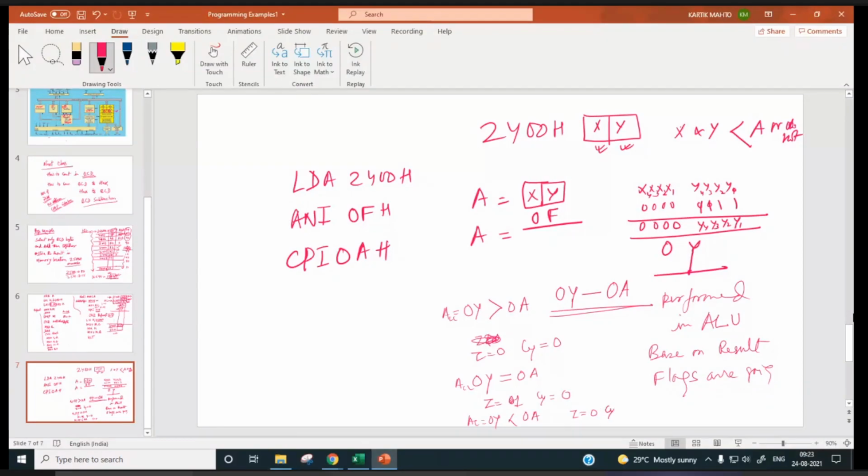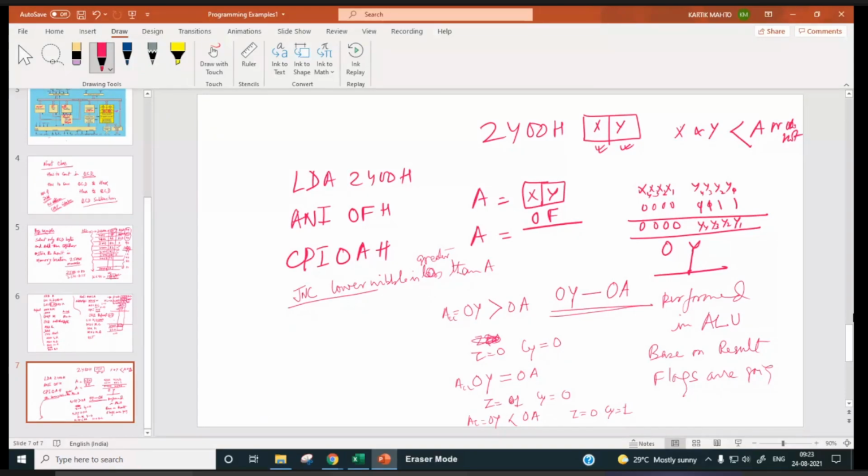So if you write JC lower nibble is less than A, jump if carry, lower nibble is less than A, or JNC lower nibble is greater than A. Then it means it is not a BCD number.